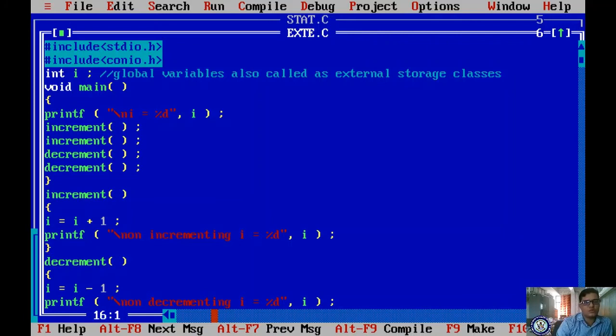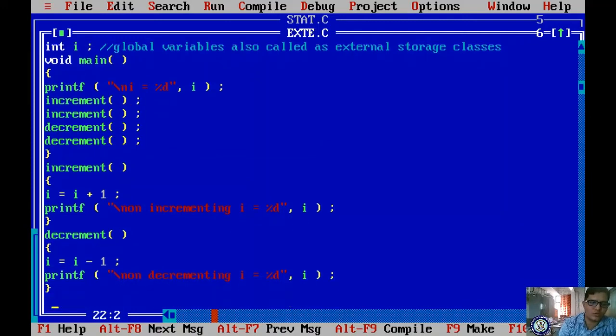Now 2 is persisted. Now you are calling the decrement here, the I value holds 2, and 2 minus 1 is 1, so it is stored as 1, and you are displaying it, right? Whenever you are decrementing again, 1 minus 1 is 0, I will be stored as 0, and if you display, it will print 0.